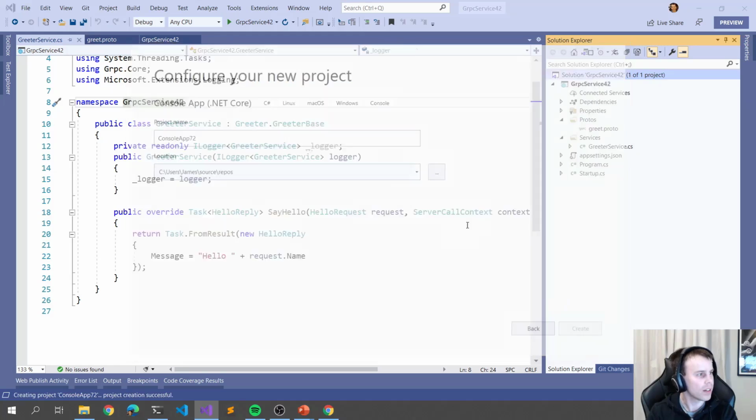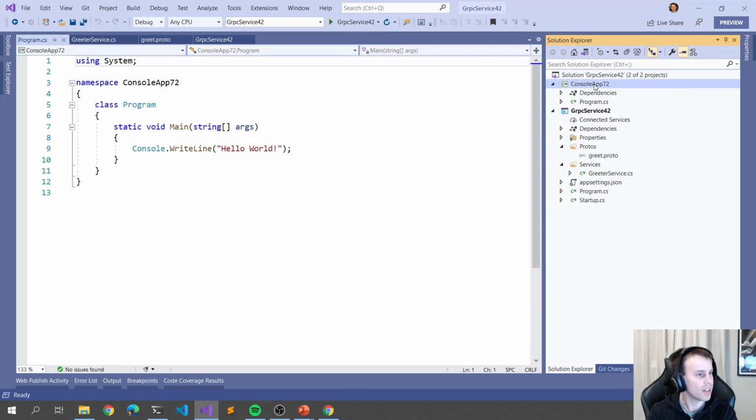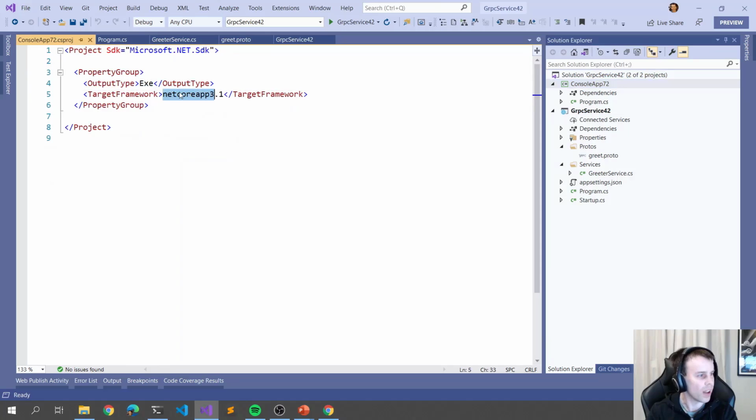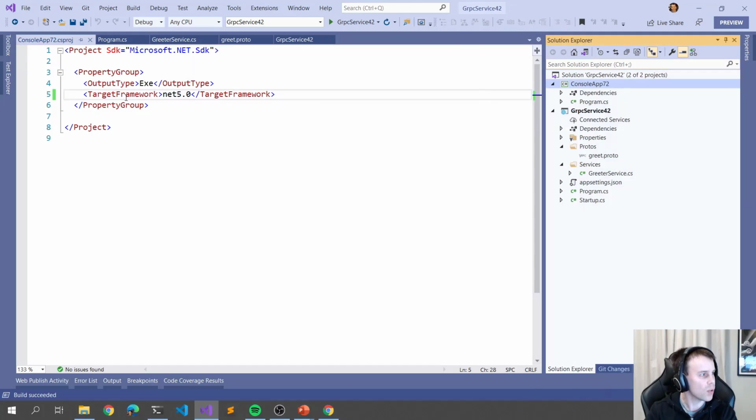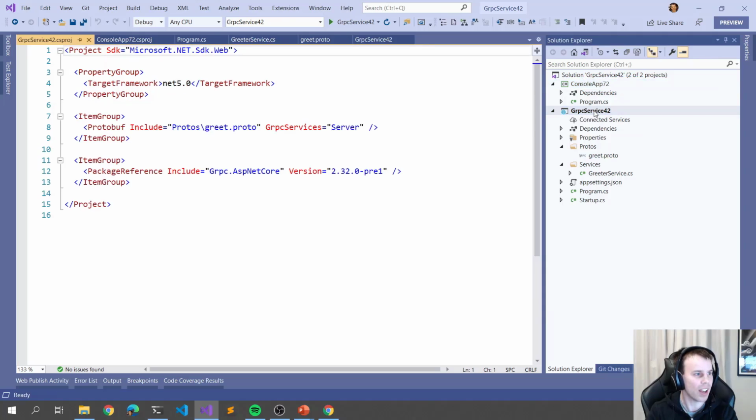Click Create. And let me just come into our project file. We'll make this .NET 5 as well. So we need to add to our console app the NuGet packages and the protofile to be able to successfully call our gRPC service. If we take a look in our server, we can see we've got a reference to that greet.protofile. The reason we have this reference to the protofile, which is located here, is we need to be